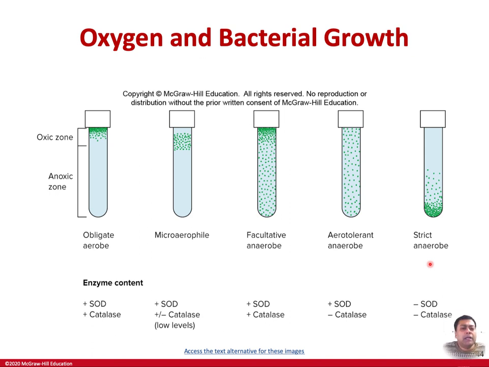Now, there is some kind of enzyme system present in these bacteria which allows them to tolerate or not tolerate oxygen. And what are those, and why is it important? When a bacterium grows in an oxygen environment, the oxygen that gets into the cell